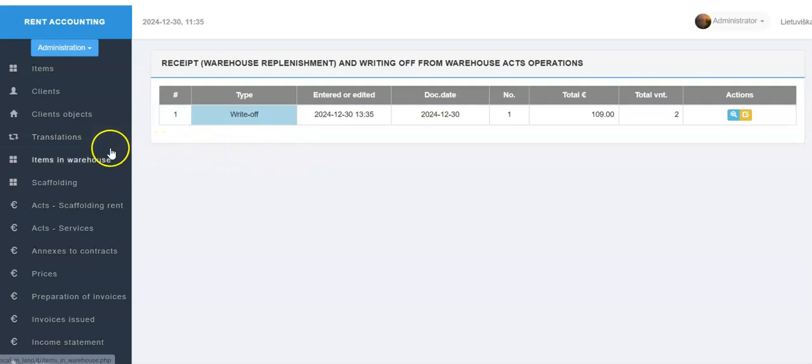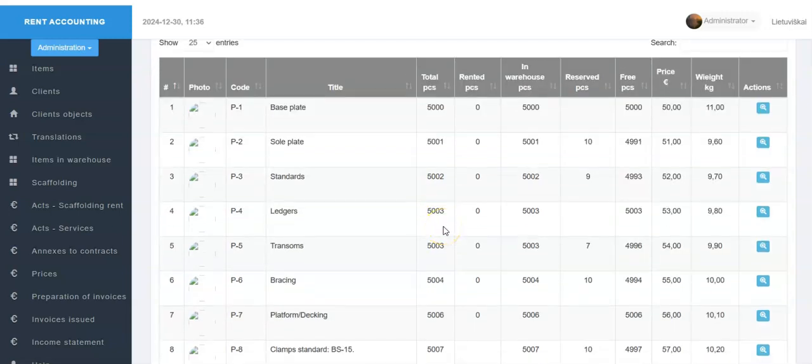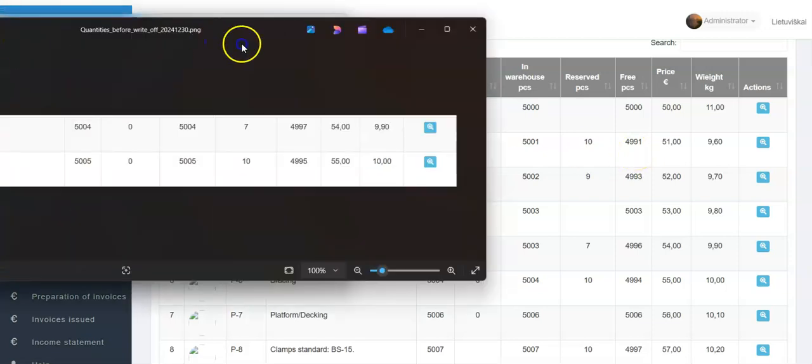By opening the list of scaffolding components via the Items in Warehouse section on the left-hand menu, we will see that the quantities of corresponding components in the Total PCS, Warehouse PCS and Free PCS columns have decreased in this list.